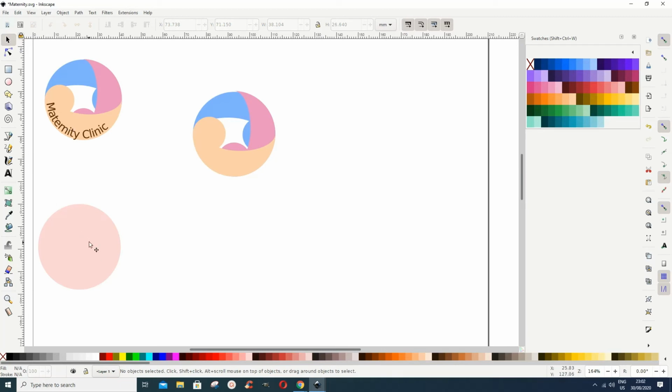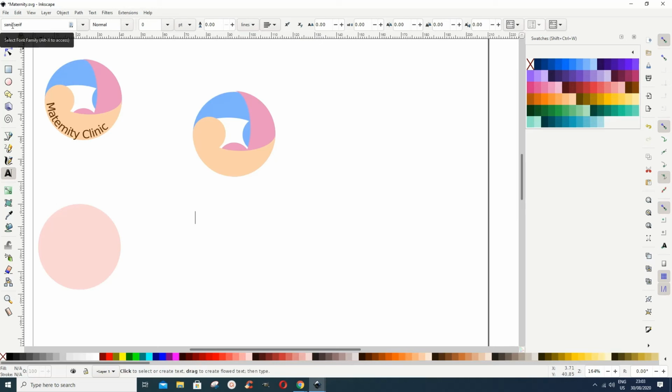Now we want to write maternity clinic, so we go for our text tool, and then we write maternity. I'm using sans serif. The font I'm using is sans serif. We write maternity. The font size would depend on how big your thing was, you know, for it to be reasonable. Then we write